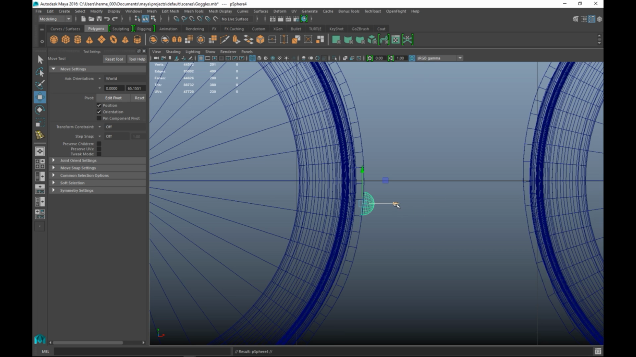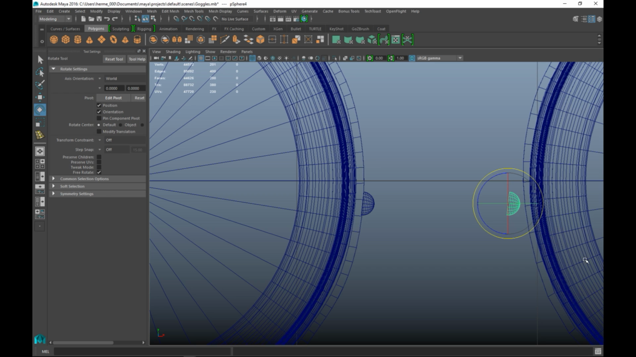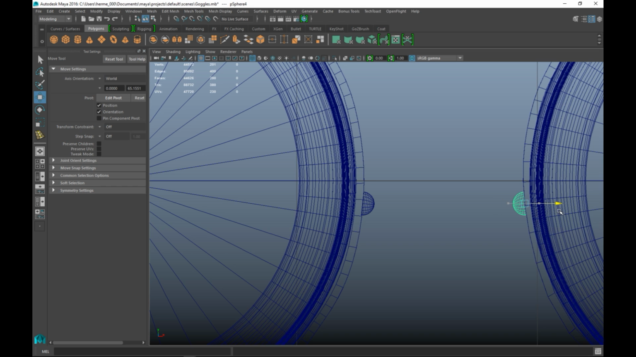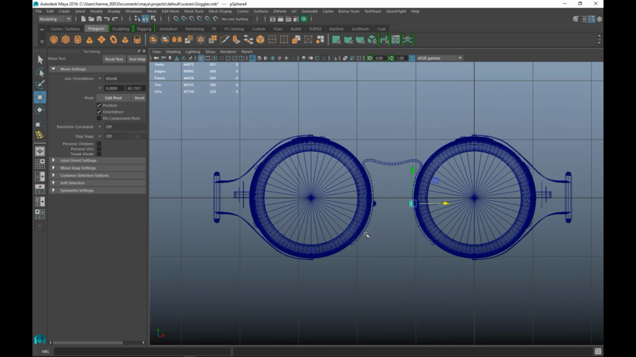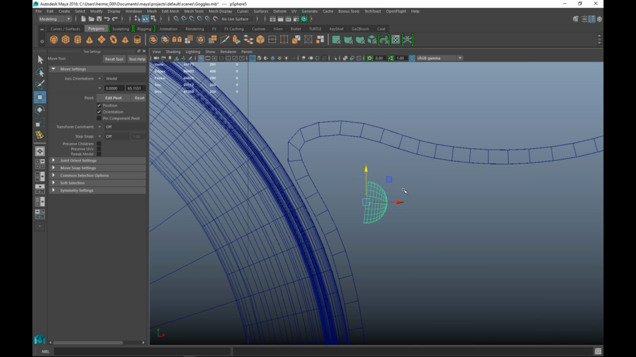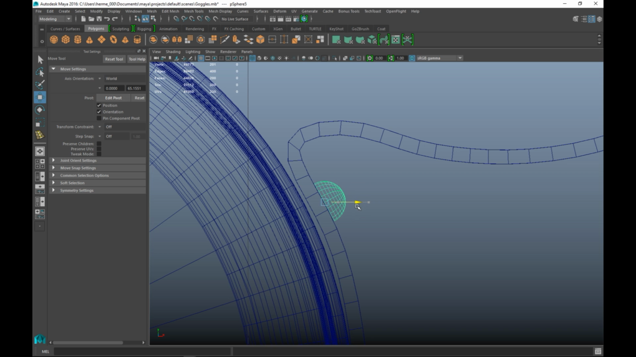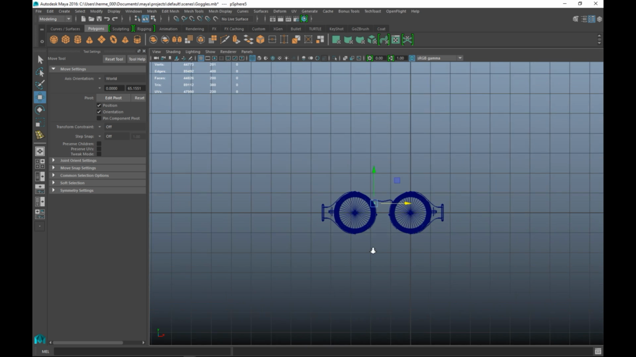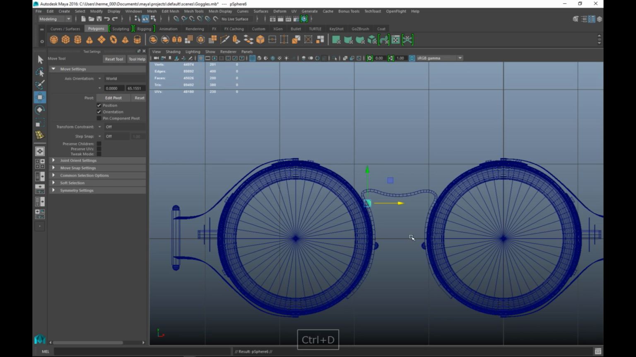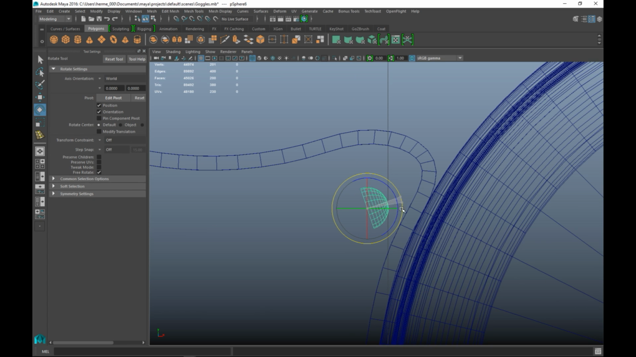Control D to duplicate. Move that over, hit E to rotate, hold down J. And we're going to try to get them roughly at the same height. So Control D again, pull that up, F to zoom in, W to push that in this corner, E to rotate, and W to move in, and then Control D to duplicate again, F to zoom in, E to rotate,